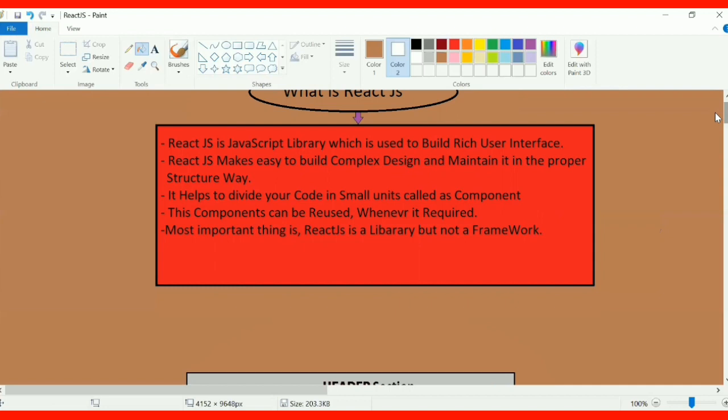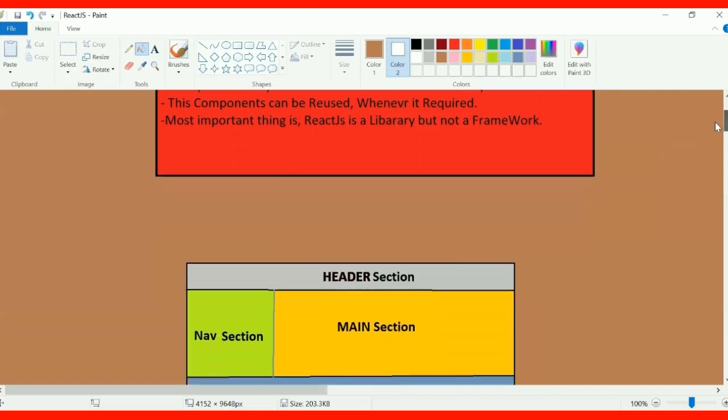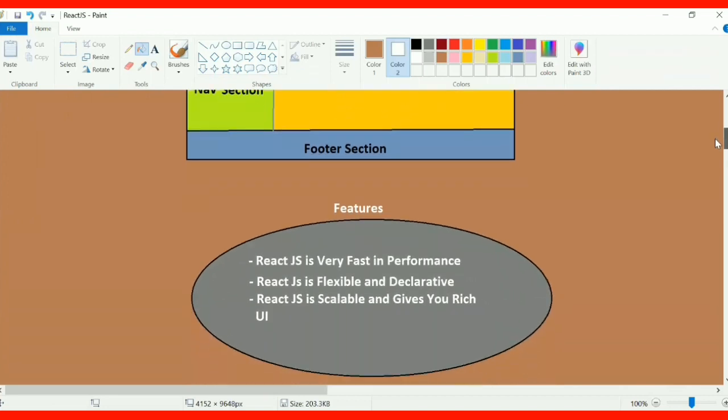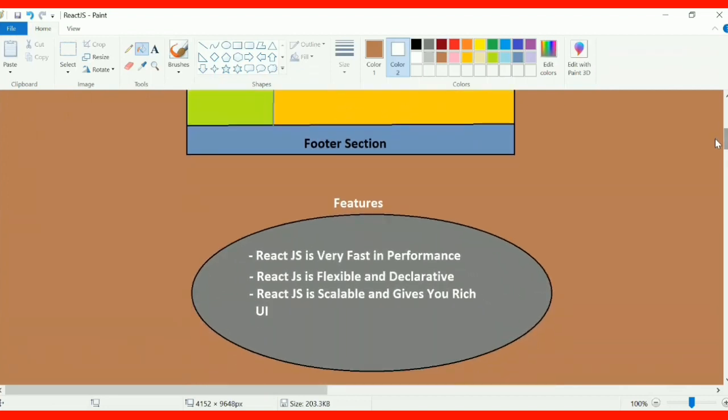React.js follows component-based architecture, and it is going to divide your application into small pieces, and those pieces are known as components. We understood three features: it gives very high, very fast performance, it is flexible, and React.js is scalable.